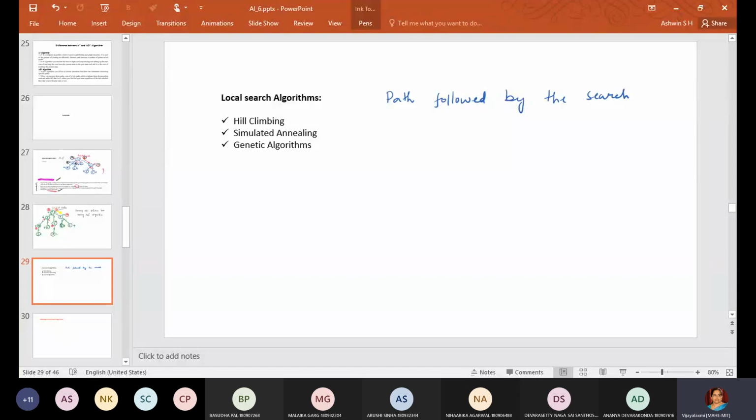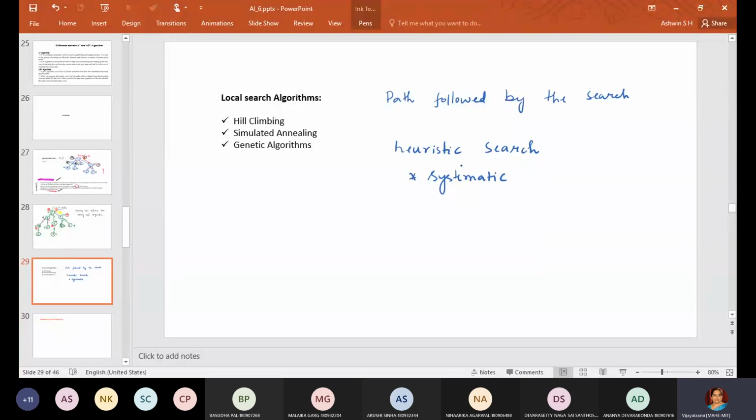Now, what we have seen in the previous 2 classes under heuristic search, if you just recall, is that we have been exploring search spaces systematically. Whichever heuristic search we did, it was more of a systematic search.